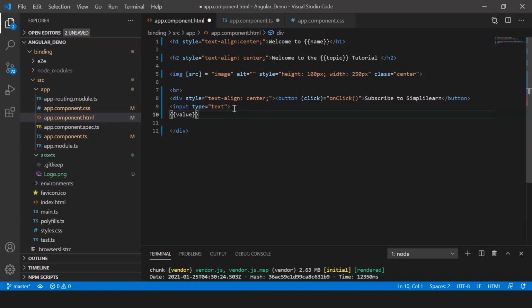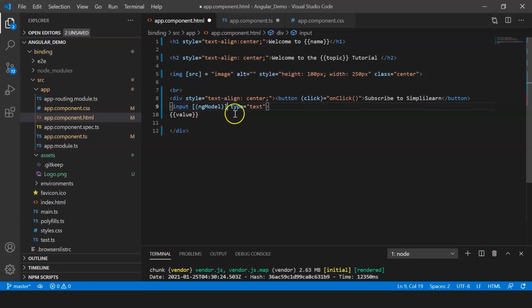And to make sure this happens, we have to make use of the ng model directive. So for that, I'm just going to provide ng model. Now, one thing to remember is that we'll have to make use of banana in a box styling for it. So first, I'm going to make use of parentheses and then square brackets.